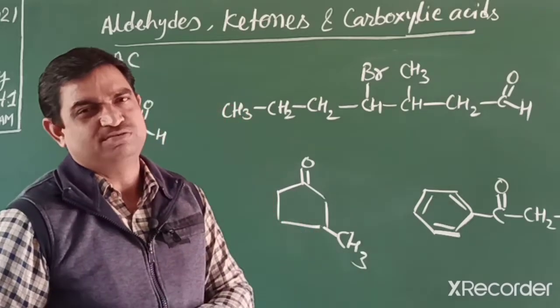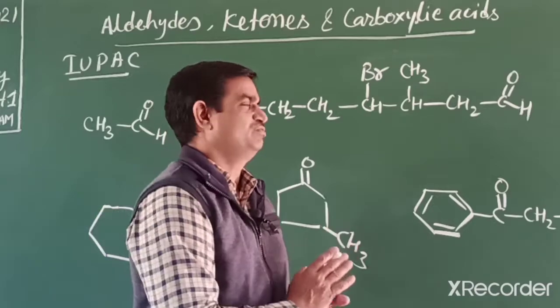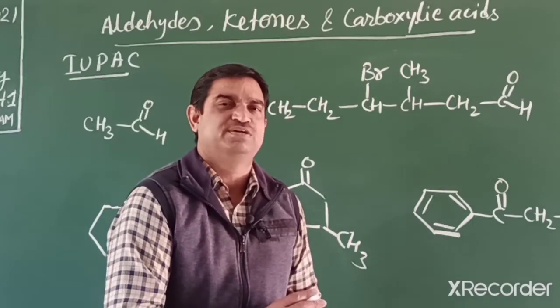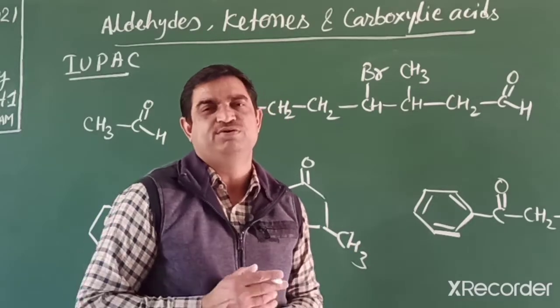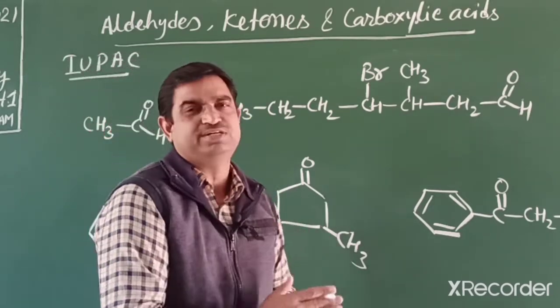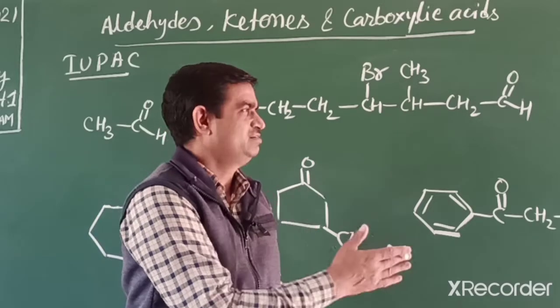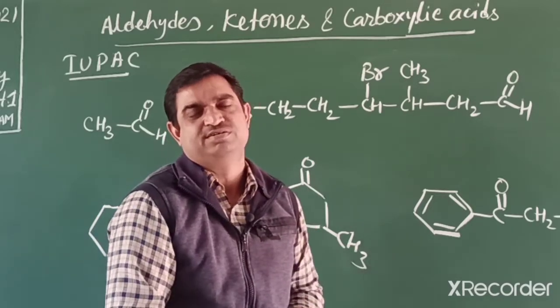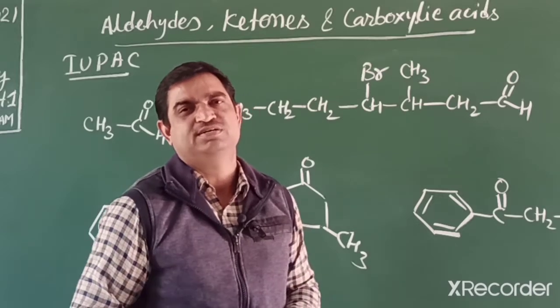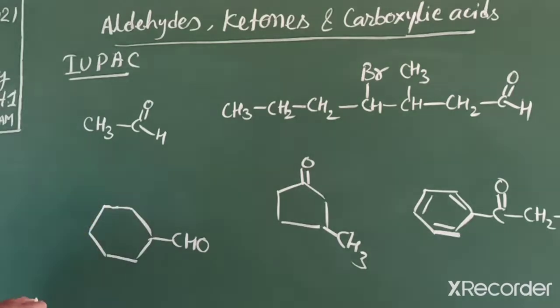If there is any competition between substituent and functional group, numbering starts in such a way that the functional group carbon gets the lowest number, and we have to find the longest hydrocarbon chain. After that we arrange all the substituents in alphabetical order, and then ultimately we write the word root and terminal suffix of the main functional group. So we will explain one by one.